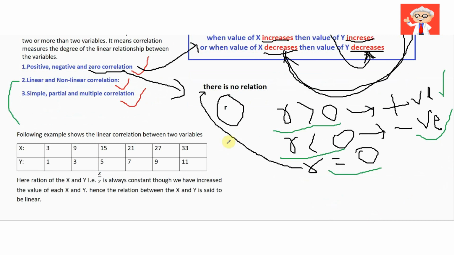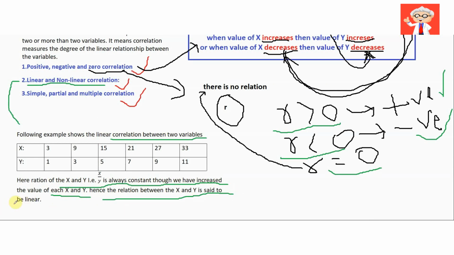Okay, now we try to understand what is a linear and non-linear correlation. The following example shows a linear correlation. Here the ratio of x and y, that is x by y, is always constant. So we have increased the value of each x and y, hence the relation between x and y is